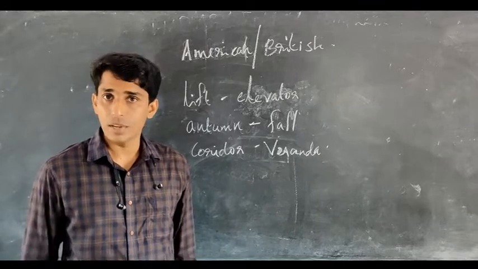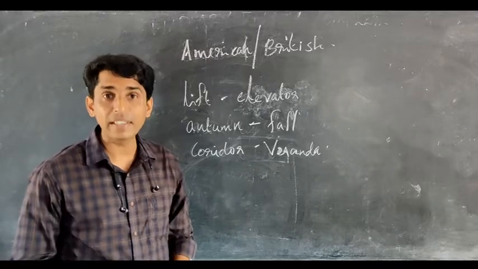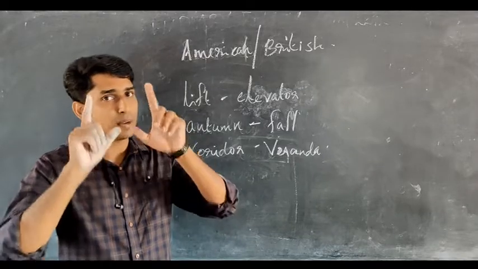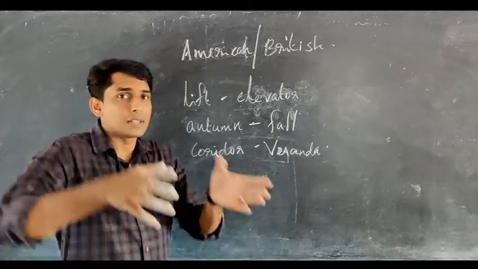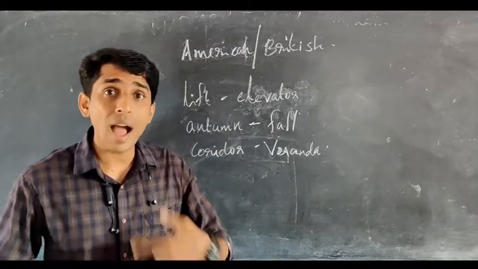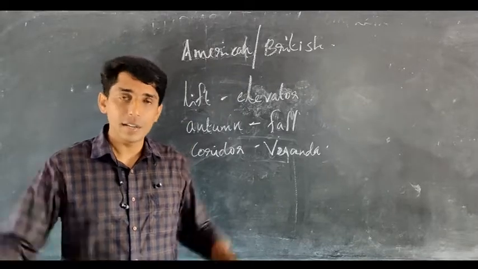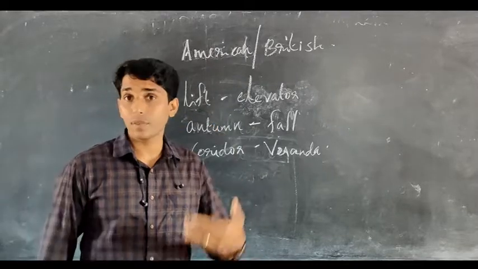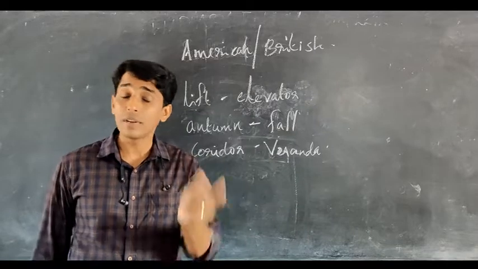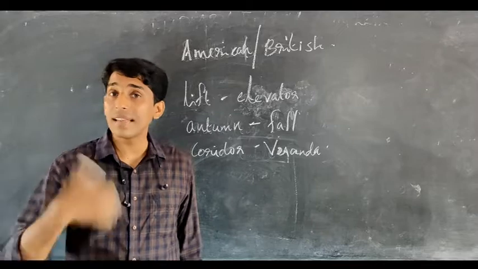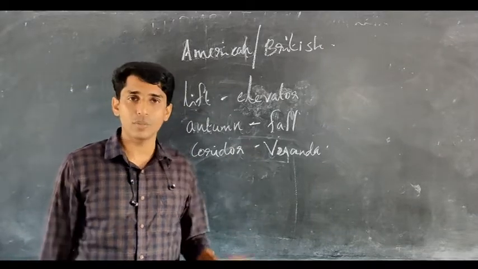So, dear children, keep these three main things in mind. One is prefix, use some letters before a word. Suffix, at the end of a word. And American equivalents of the word. And first we learned dialect. So today we will stop here. Go through these parts very well. Any confusion means we will solve this later. I believe this part may not have any confusion for you. This is clear to you. Okay, thank you.